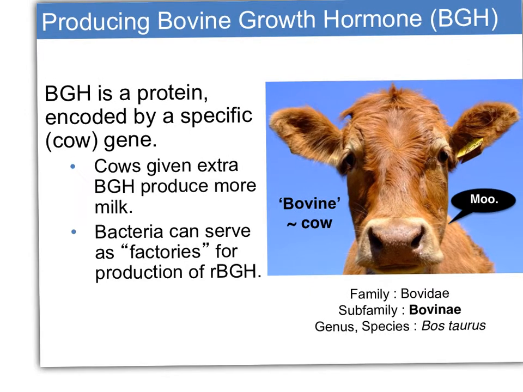It's called the BGH protein. And what's happening here is you actually take the BGH gene from the cow and put it into a bacteria. And then the bacteria can serve as factories for